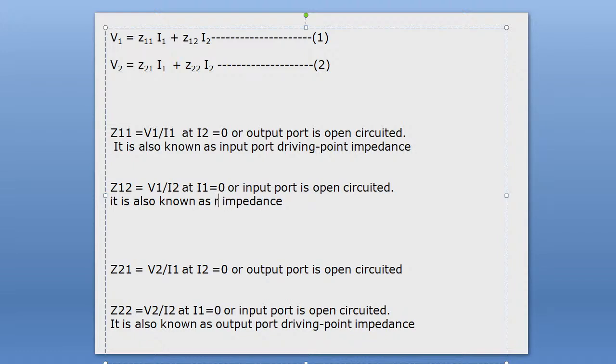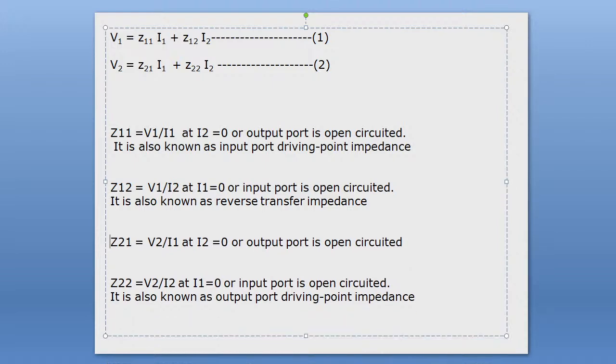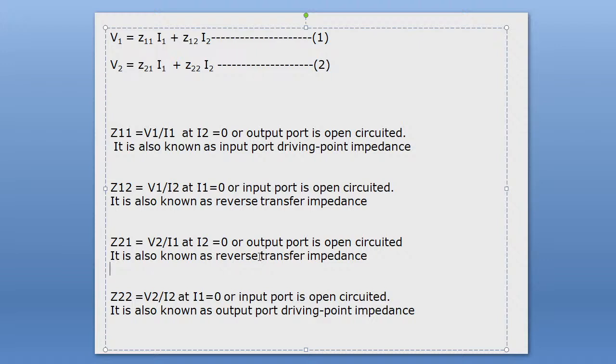Okay, this is known as reverse transfer impedance. Okay, reverse transfer impedance, and this one is known as forward transfer impedance. You see I1 is input current, it will flow to outside. So forward transfer impedance. Any doubt